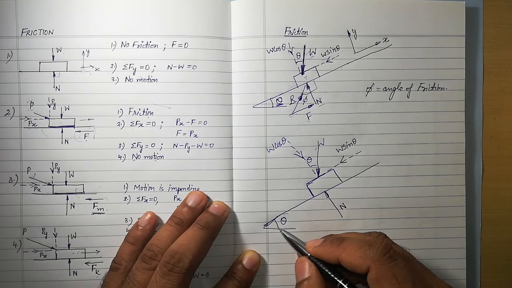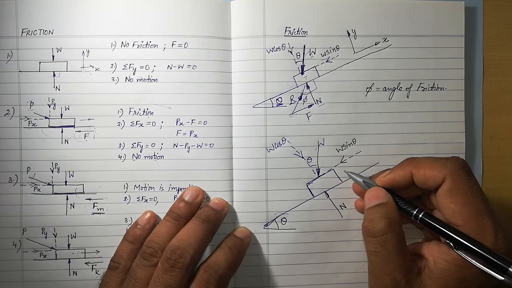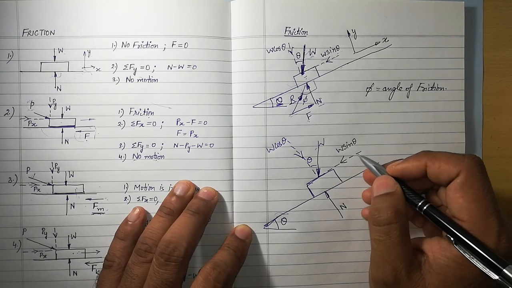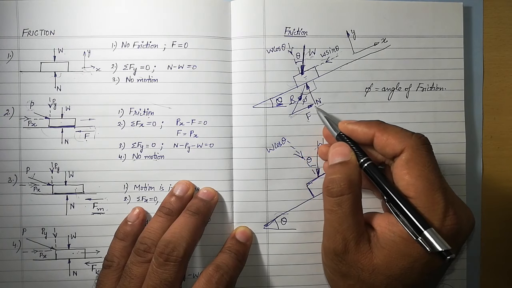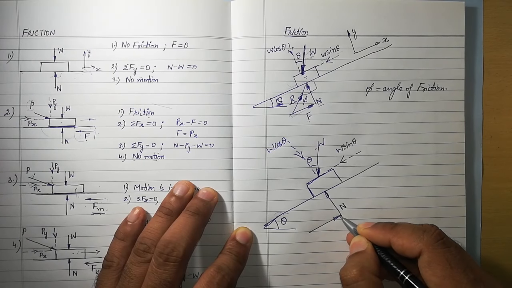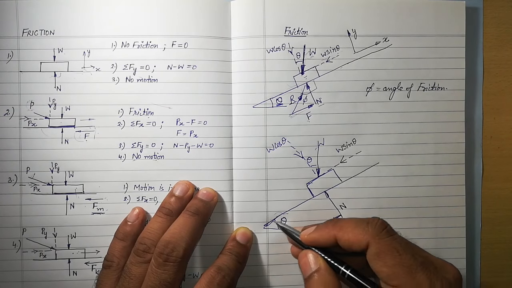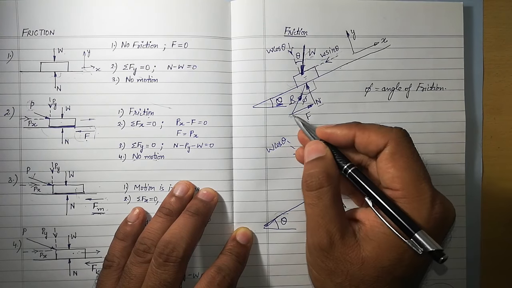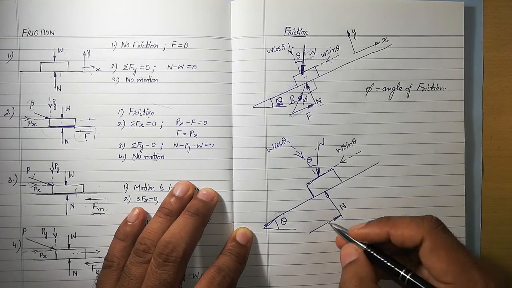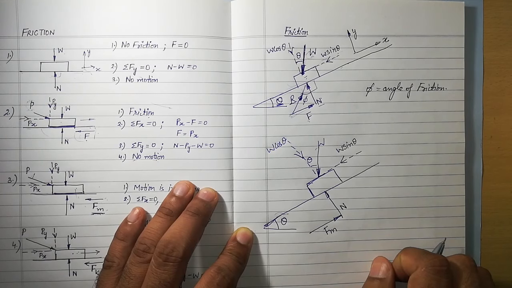Now if we have increased theta, this will increase this particular component. If this component is increased, that means friction will also increase. So let us increase the length of the vector of friction. Let us show it over here. The tendency of the block is to move down, so we have shown it in the opposite direction, and this is tangential to the surface. So this vector is increased further, and suppose this has reached its maximum value, maximum frictional force, the limiting value.